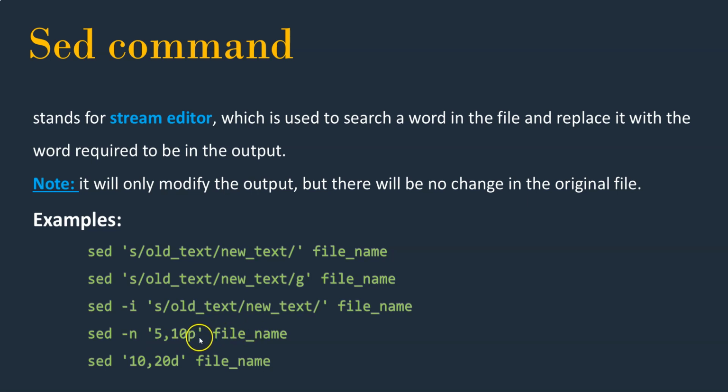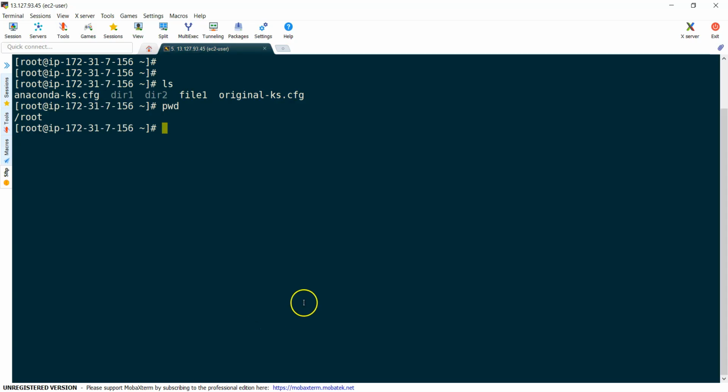Specific lines. Usually we display with tail and head, right? Those commands display only the head or the tail. In between, if you need some lines, then we can use this command, but still we can achieve it by using those two commands as well. Then sed '10,20d' file name, nothing but it removes lines 10 to 20 in a file and the remaining it is going to display. Let's see in action.